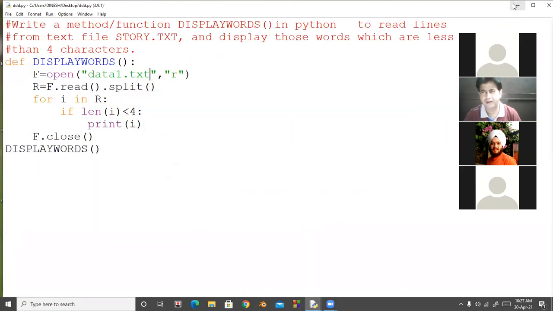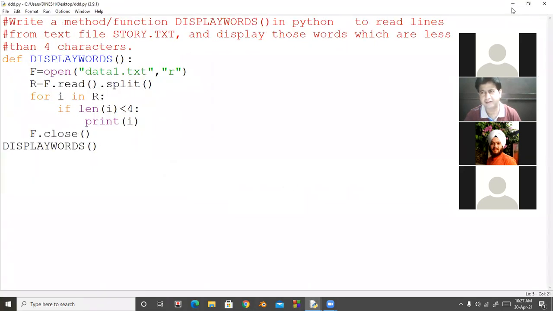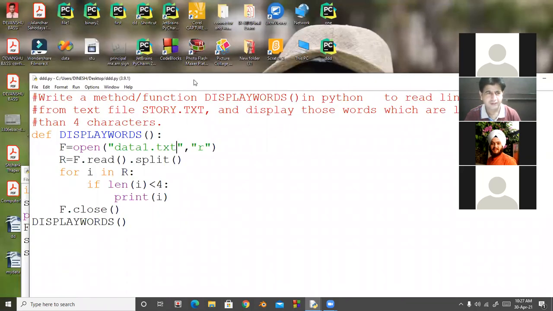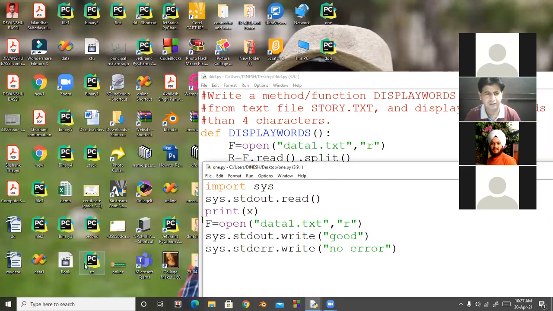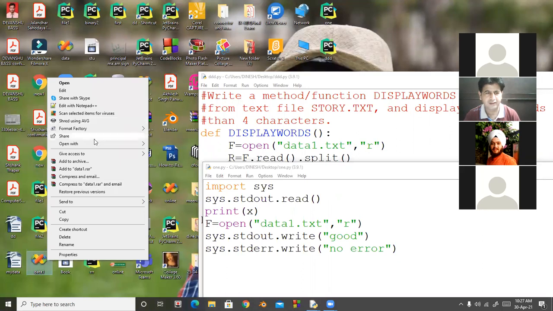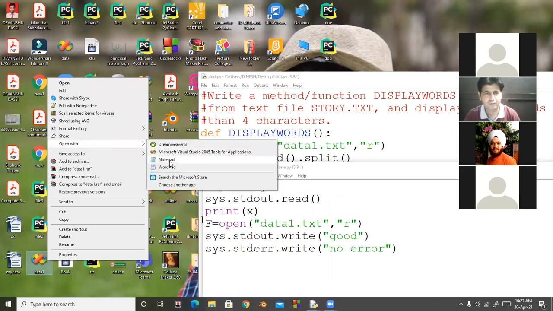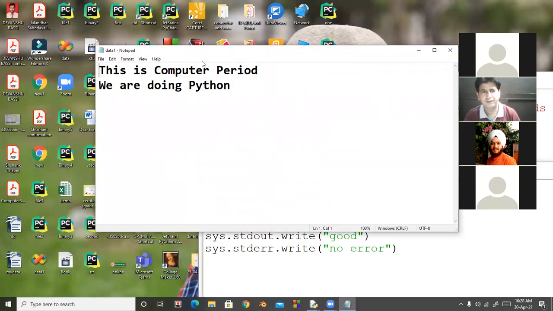First, I open the file and check whether it is the correct output or not. So look at here. My file name is data1.txt. I open the file in Notepad. Okay, beta. This word is of 4 characters, so it will not be displayed on the screen. Is is how many characters? 2 characters.